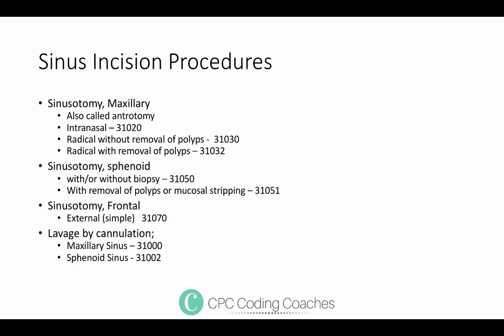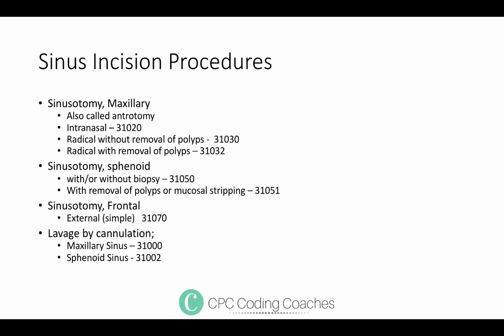Now turn to the sinus section. Remember, you have 4 sinuses. You have your maxillary, sphenoid, frontal, and ethmoid. The incision section has sinusotomy procedures. A sinusotomy of your maxillary is called an antrotomy. Intranasal, that means inside the nose, is